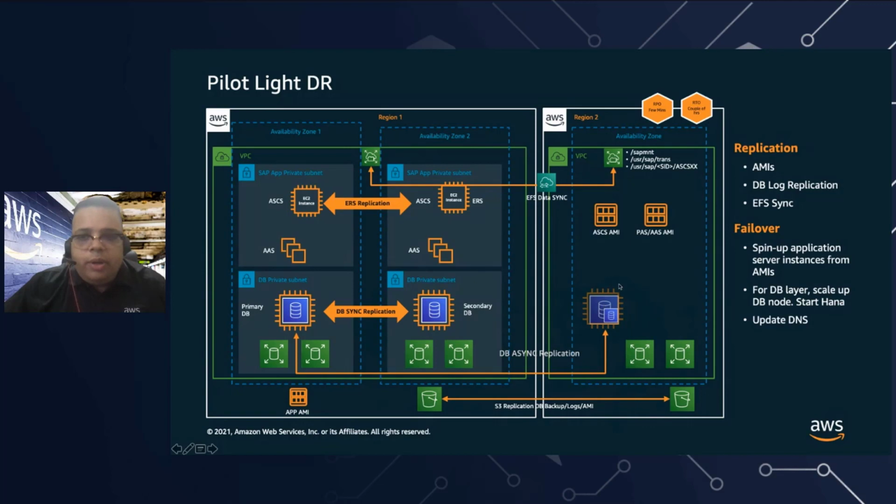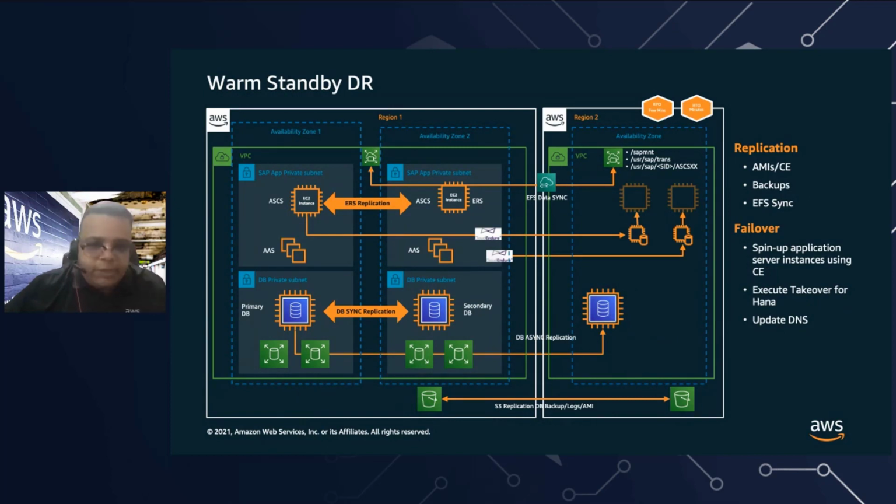It is changed to a full-scale production instance in case of a failure event. So some things to keep in mind is capacity reservation. In case of a disaster in the primary region, there would be multiple customers who would be needing instances on the DR side, right? So you need to keep capacity reservation in mind while planning for a pilot light DR, as well as